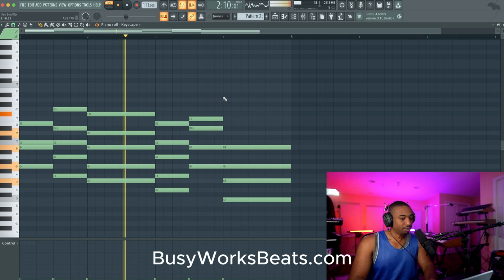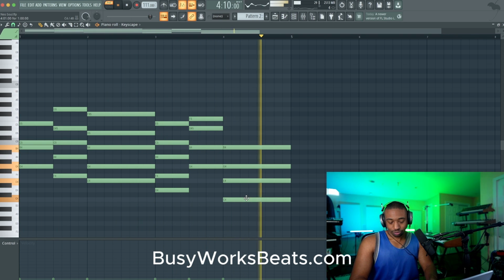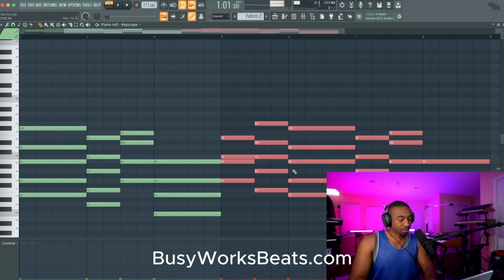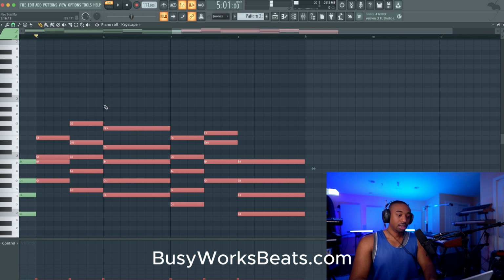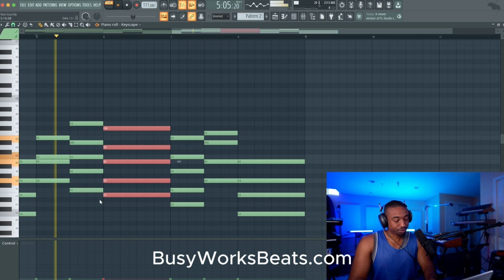Okay, and then we resolve back to the tonic. So you have the dominant chord moving back to the tonic. It's all about understanding dominant chords. I used to overlook dominant chords all the time because I'm like, who would ever play a dominant chord? Who would play diminished? But now I understand that these are the chords that always resolve back to the tonic. So even if you're picking a chord type and you don't know what chord to add in between, you could add that secondary dominant, which is the dominant of the chord you're trying to land on.